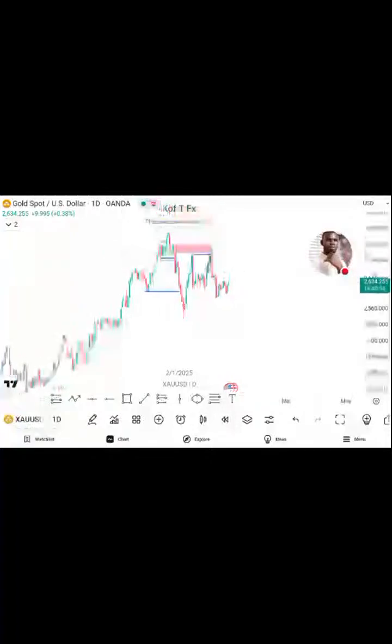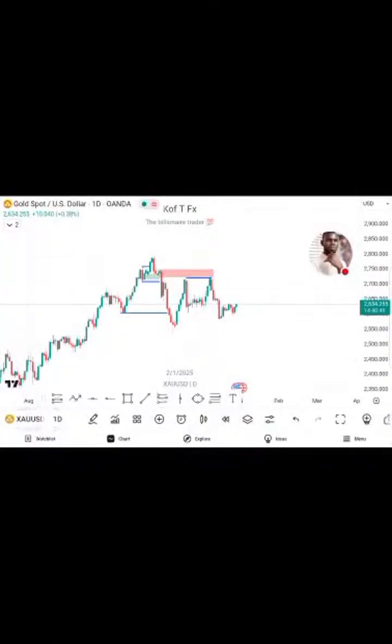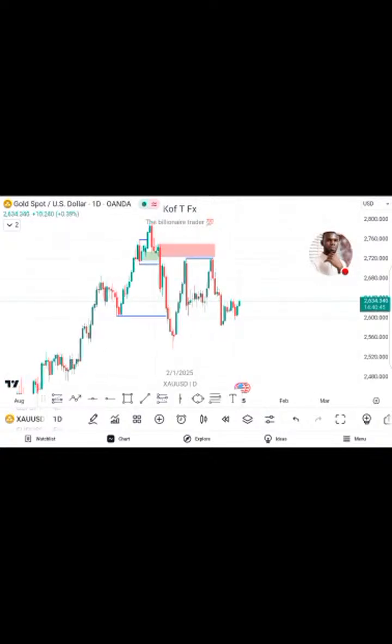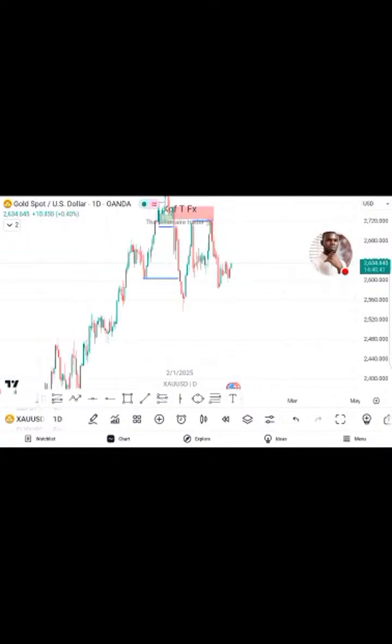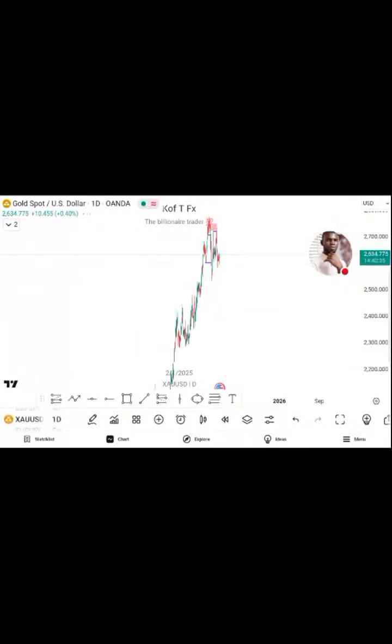So looking at this, my bias on the daily time frame is bearish. It's actually bearish. I'm still looking for opportunity for price to drop. So my first target is